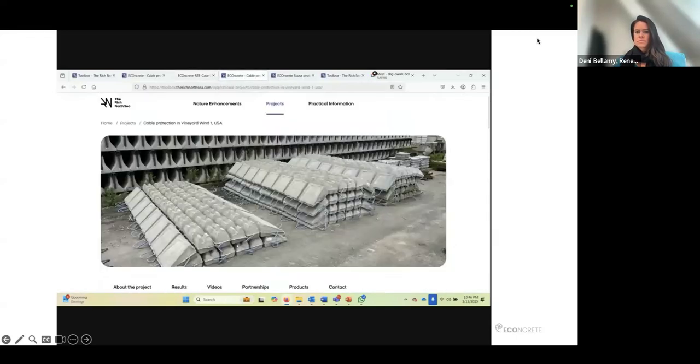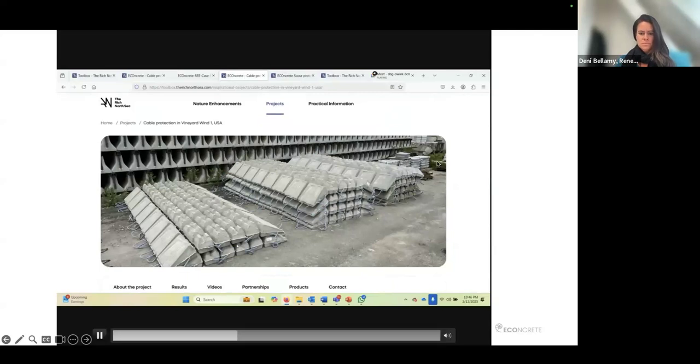The second project we included in the toolbox is our collaboration with Vineyard Wind 1, which is an 800 megawatt offshore wind project in the US. What's special about this project, standard concrete mattresses were not permitted, whereas e-concrete mattresses were allowed due to their unique nature-inclusive design and mitigation benefits. So our solution was deployed in the context of